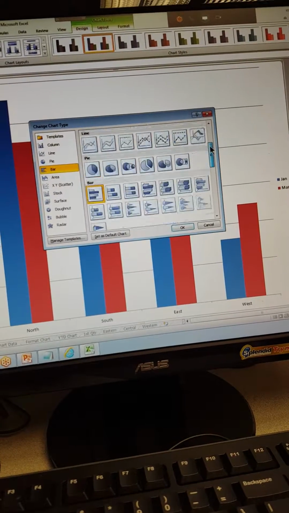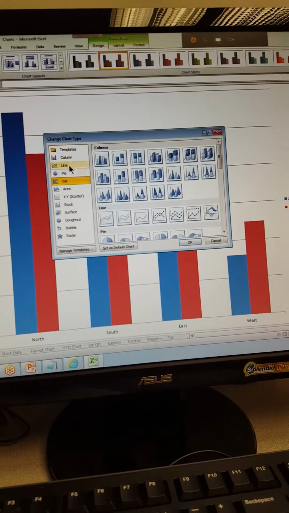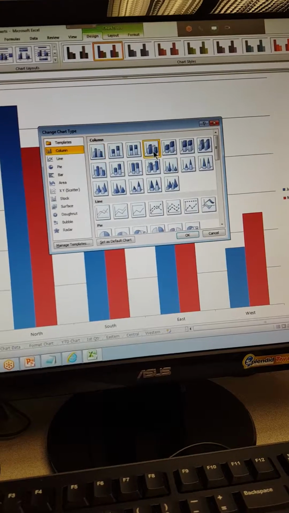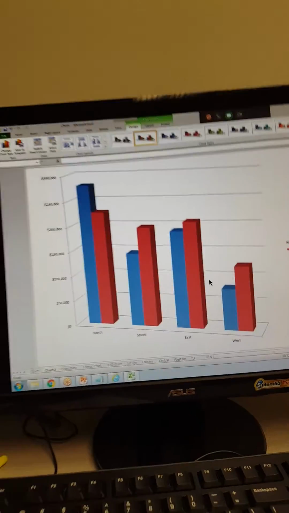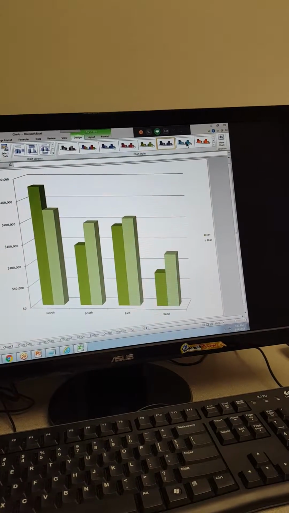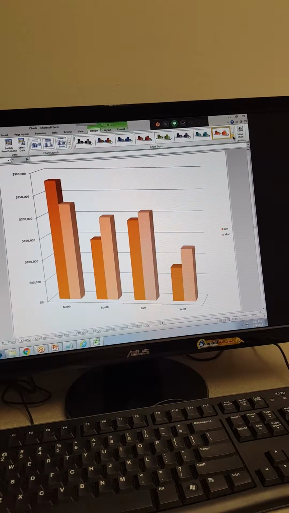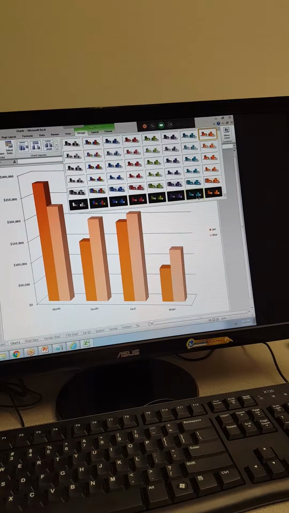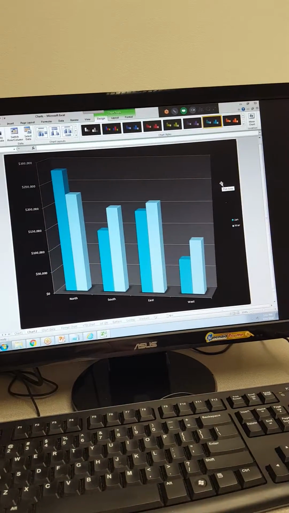You can pick whichever one you want. If you don't want to do a bar, you can go back to column. Pick the one that you like, and click OK. Feel free to play around, change the colors. Whatever you want to specify is fine by me. All right. Look at your